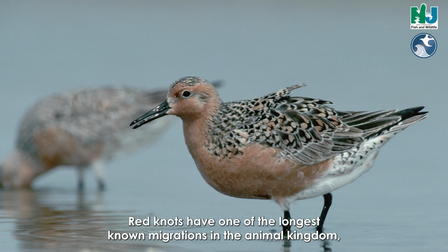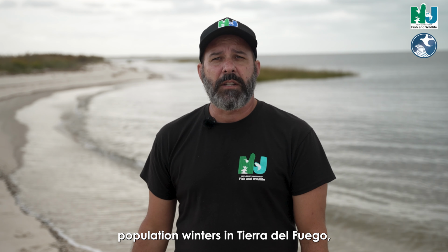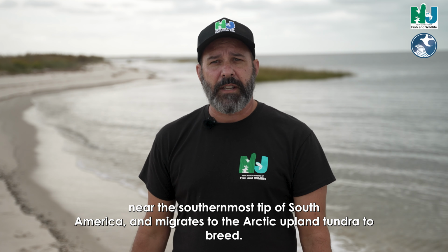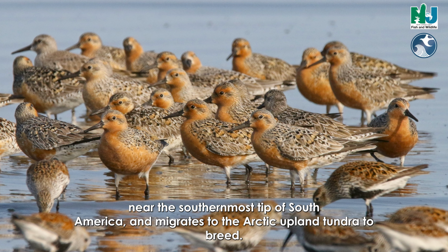Red knots have one of the longest known migrations in the animal kingdom. Around a third of the Atlantic coast population winters in Tierra del Fuego near the southernmost tip of South America and migrates to the Arctic upland tundra to breed. About half to three-quarters of all red knots congregate in the Delaware Bay to feed and rest in